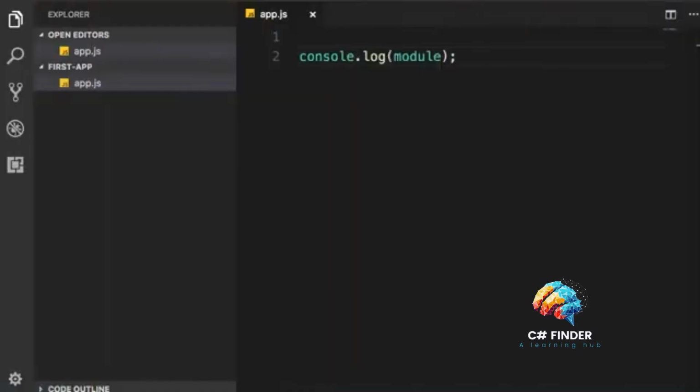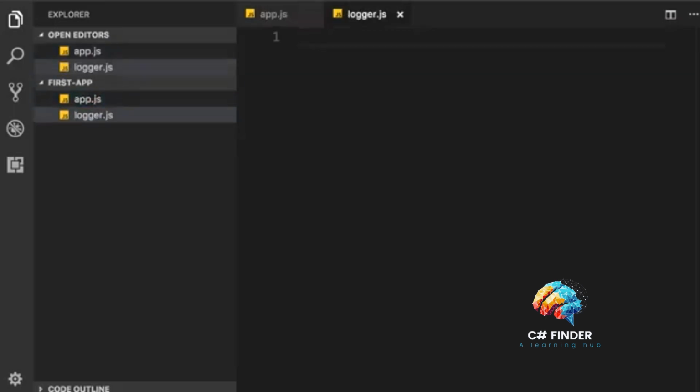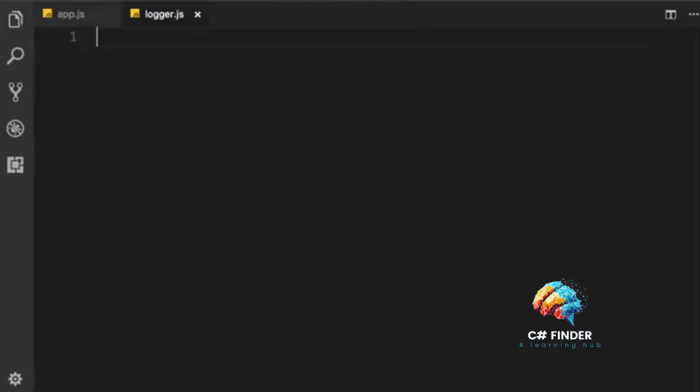Alright, now let's add a new module to this application. So I'm going to add a new file, logger.js. Let's imagine we're going to create a module for logging messages, and we're going to reuse this module in various parts of this application or potentially in other applications. So logger.js. Now in this module, let's imagine that we're going to use one of those remote logging services for logging our messages. So there are websites out there that provide logging as a service. They give us a URL and we can send an HTTP request to that URL to log messages in the